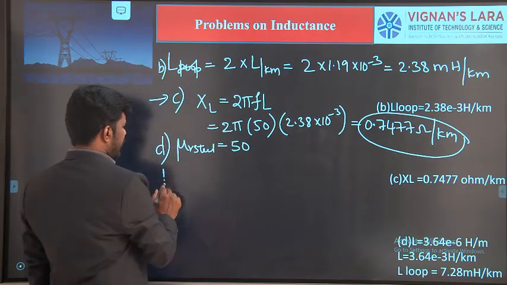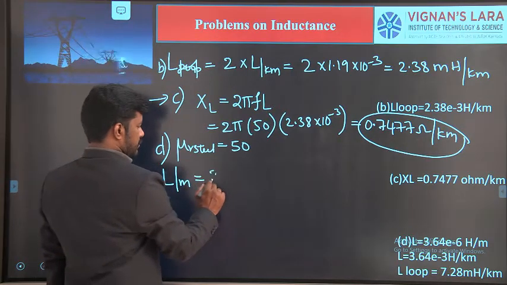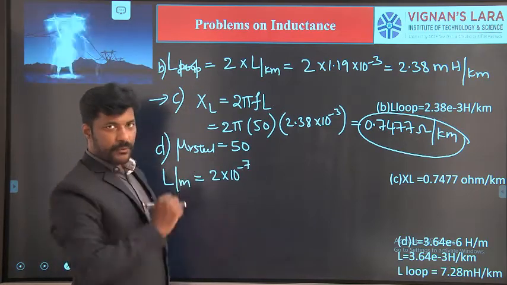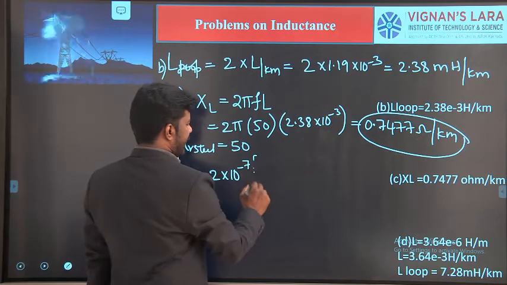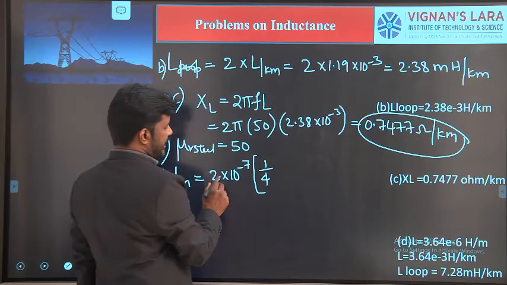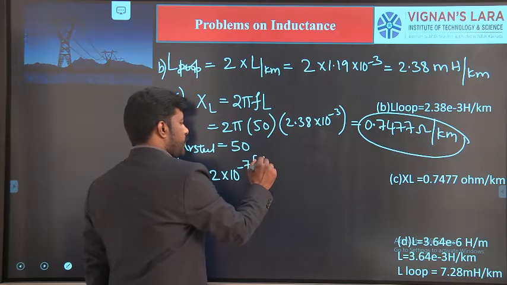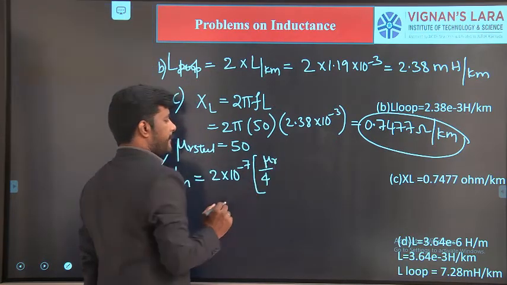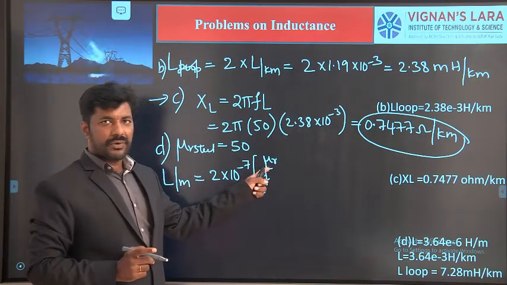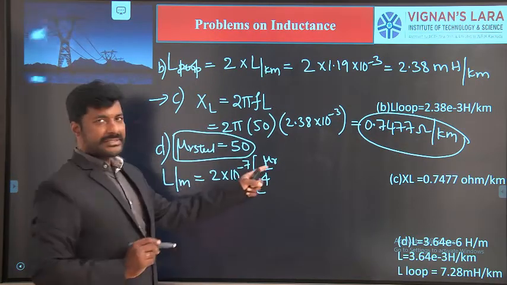Then our formula for the inductance, I am writing here for 1 meter length, can be written as 2 into 10 power minus 7, that is mu naught by 2 pi value, where you can write this as 1 by 4. Then if you check it, this becomes mu naught by 8 pi. So instead of 1, I will put here mu r, because previously in our derivation we considered it as a non-magnetic material, that is why mu r is equal to 1. But now they have given mu r value purposefully. Then I have to consider that mu r.